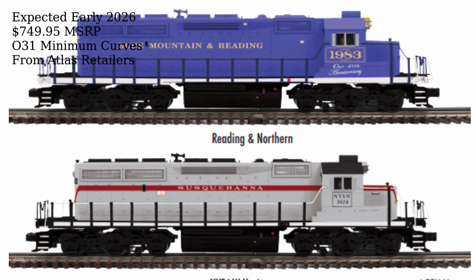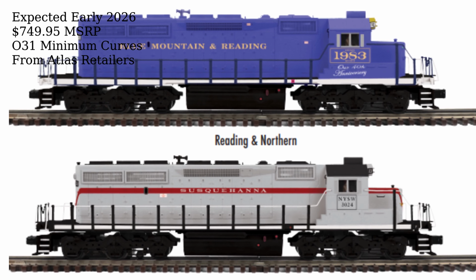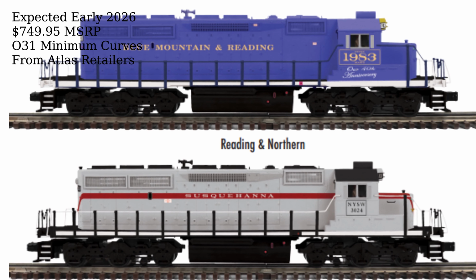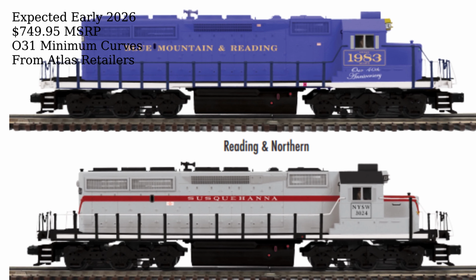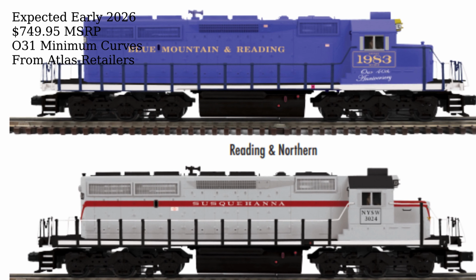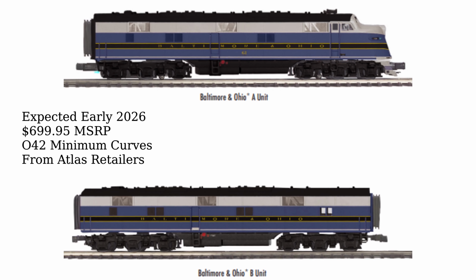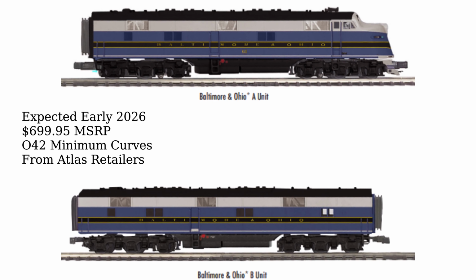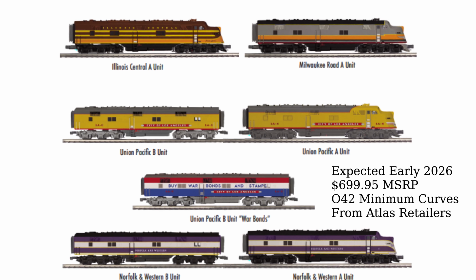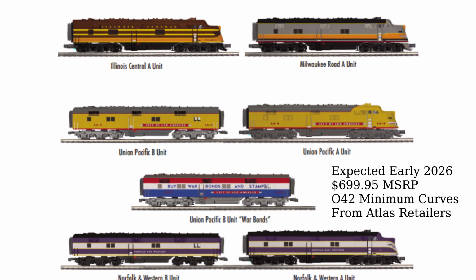In addition, Atlas has announced 2 limited edition SD40-2 models, one decorated for Susquehanna and the other for Blue Mountain and Reading. All models have a suggested list price of $749.95. Next up is an all-new EMD E6 powered A-unit diesel locomotive in Baltimore and Ohio, Illinois Central, Milwaukee Road,